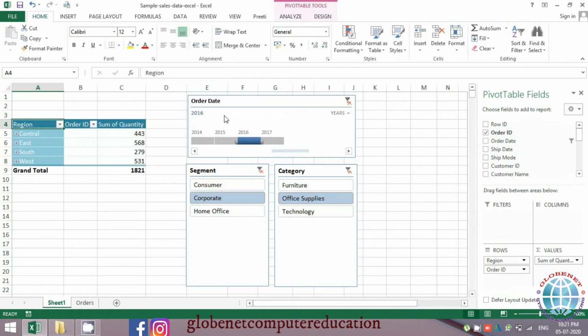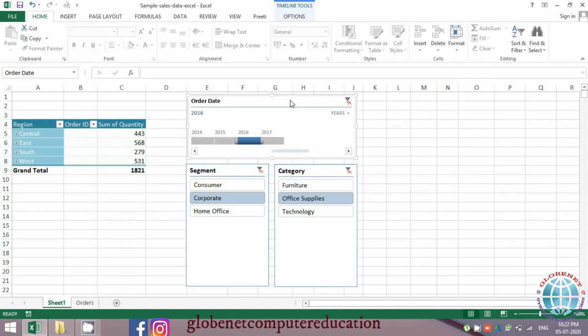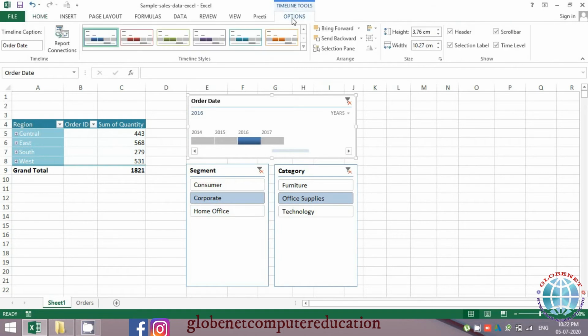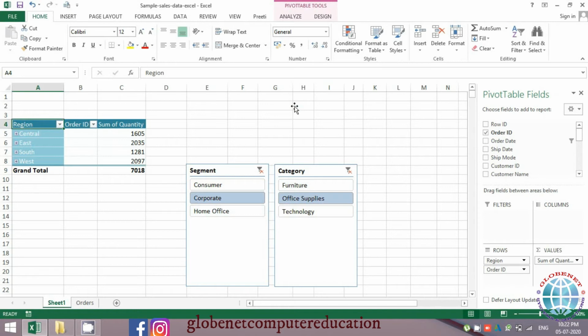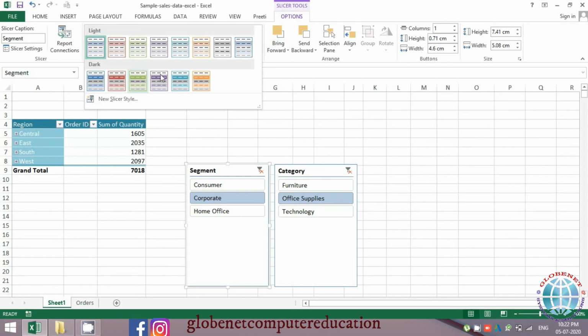Probably we can take a session later on to create a dashboard using all of these options available in Pivot. And at any point you would want to delete it, you just select this on the border and delete it. As soon as you delete, if you notice, the filters of that particular timeline or slicer are gone. Even the colors of these slicers can be changed to match your background.